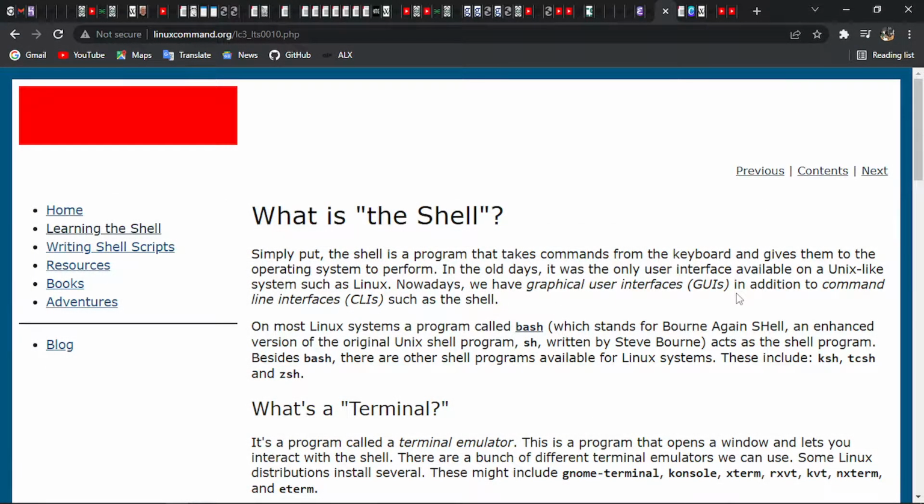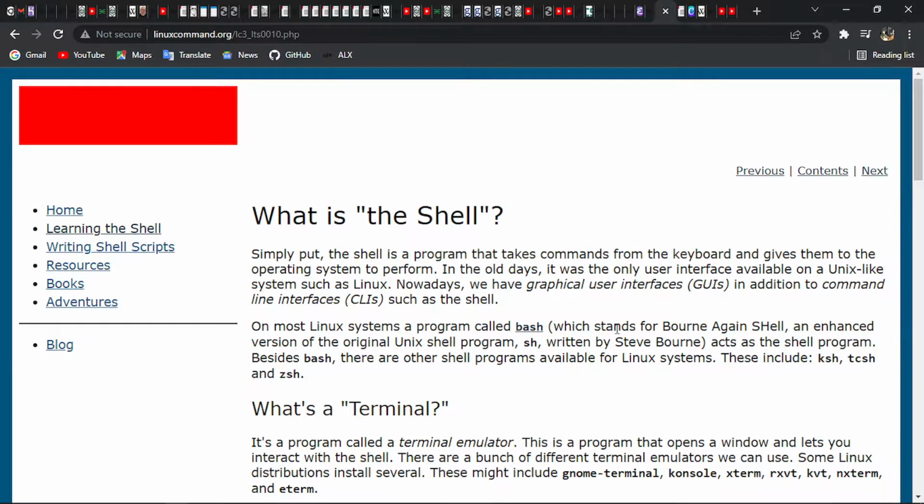So, in the last video I talked about what the shell is, and I also showed you some shell examples, which, for example, I talked about the Bourne Again shell,